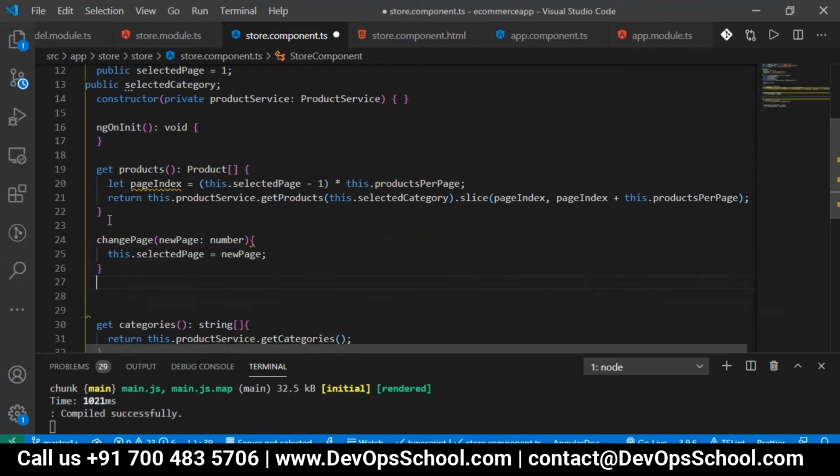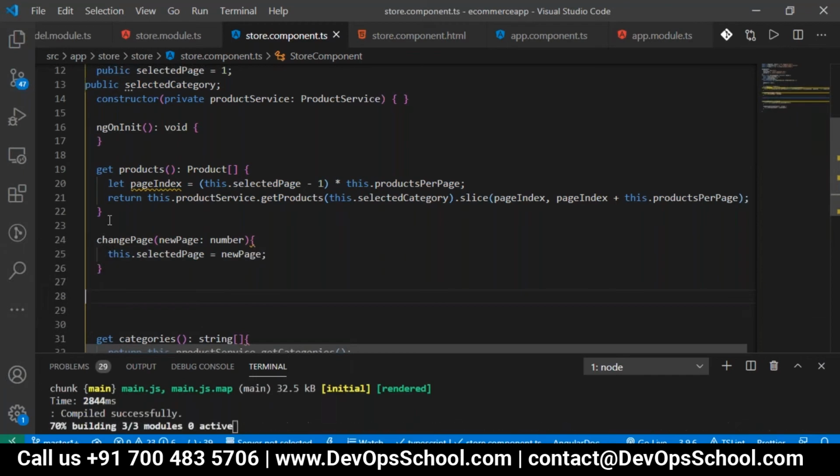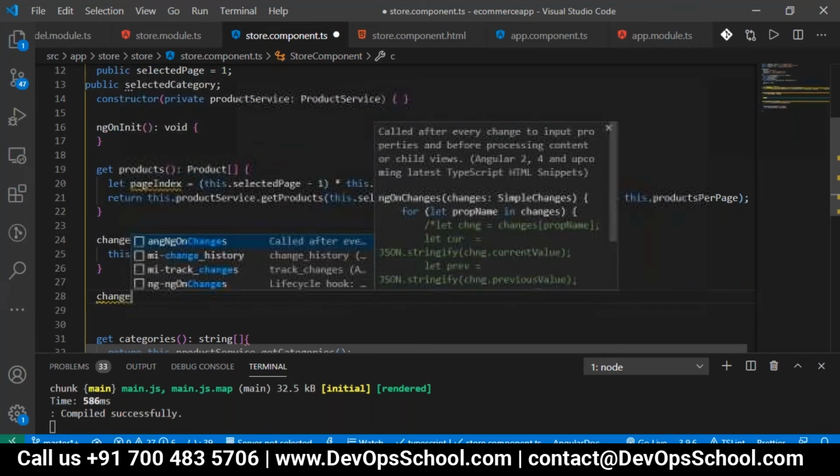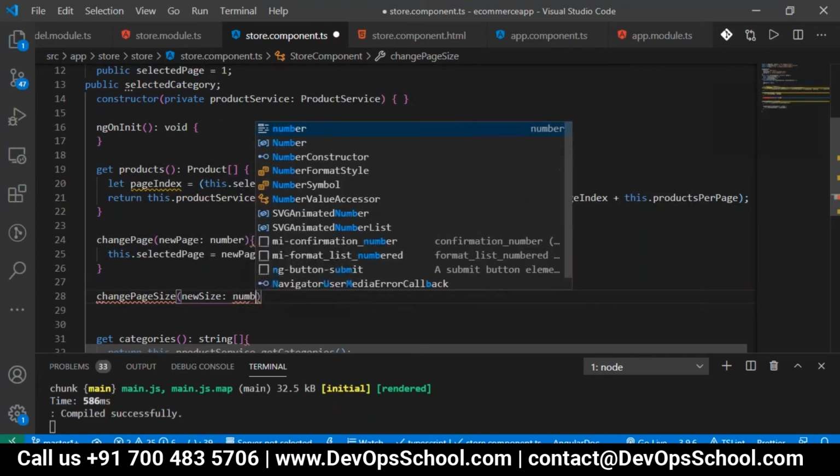Then you want to make it dynamic. I can get page sizes of 4 or 6 or 8. I want to change that, so here we are taking changePageSize. I can give 4 per page, 6 per page, or 8 per page, so I can change it. For that I'm using a newSize, which is of the data type number.